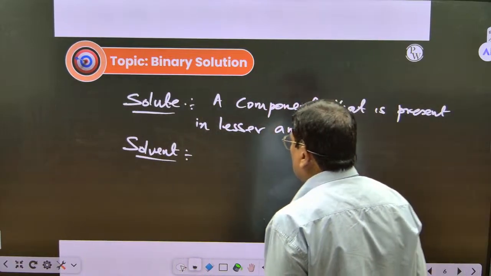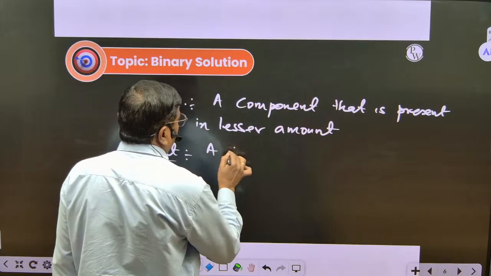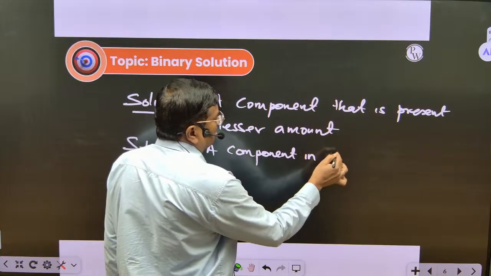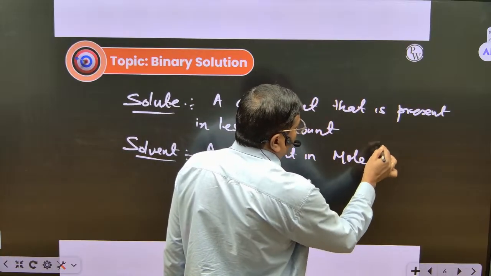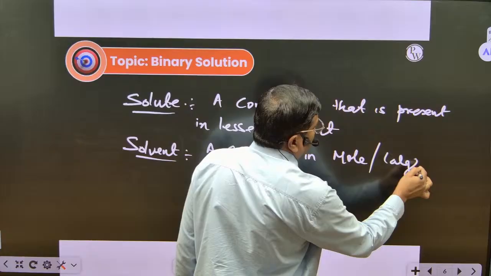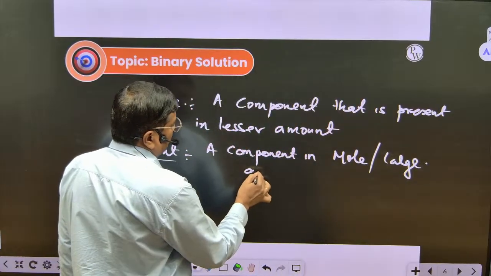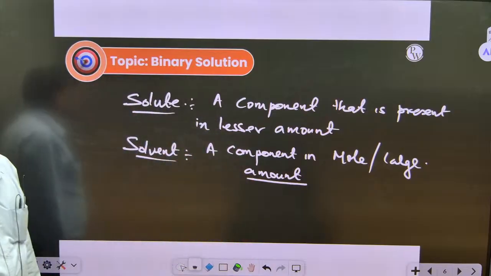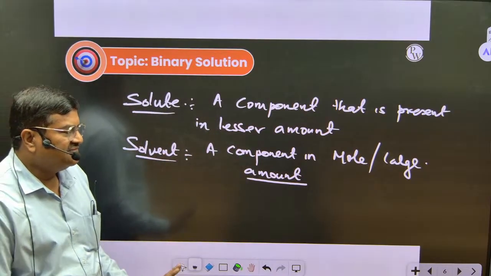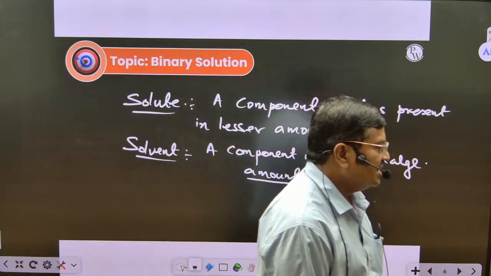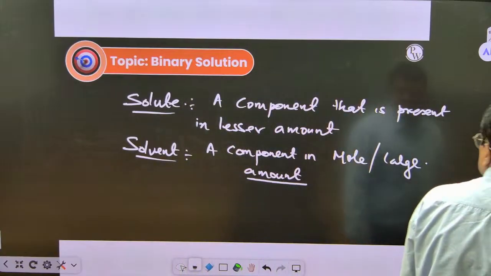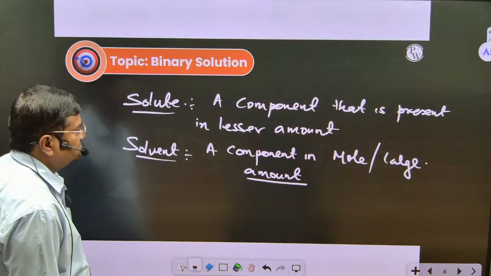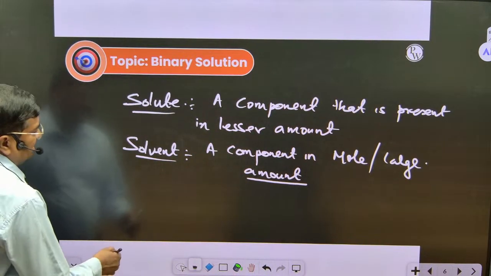So make a note, a component that is present in more or large amount is known as a solvent. But this is not a hard and fast rule. For example, see how they ask conceptual questions in the exam. Suppose I give you a few substances, you have to tell who is solute and who is solvent. Now in this I take an example,